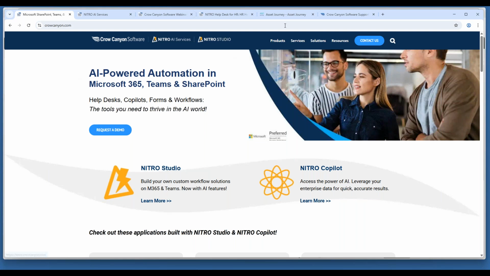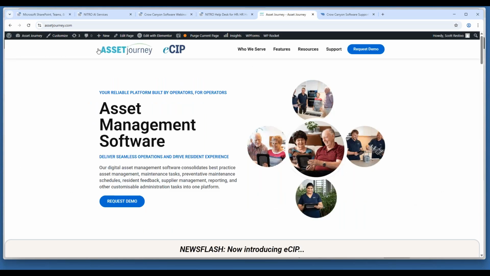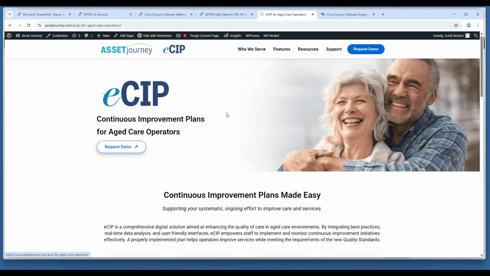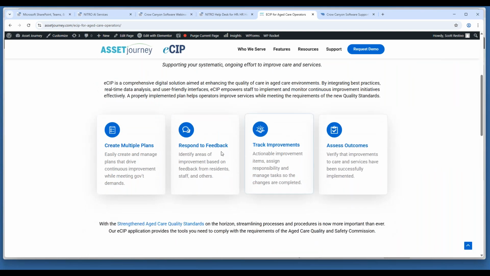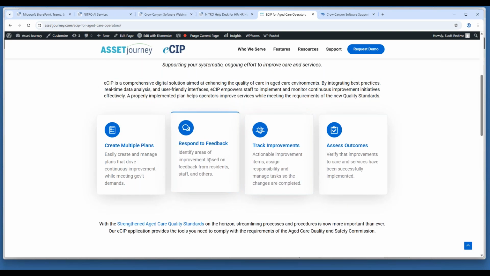One thing you might not know about us is this is one of our properties here, assetjourney.com in Australia. We have the Asset Journey program, which is asset management plans for retirement villages and aged care facilities down in Australia. We also have the ESIP, which is continuous improvement plans for aged care operators. And this continuous improvement plan has to do with all the standards, create plans, respond to feedback from the things